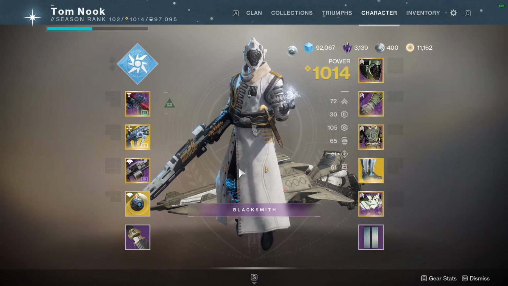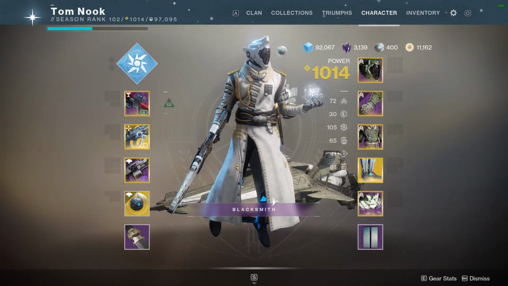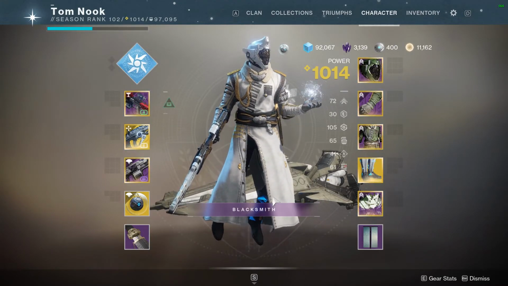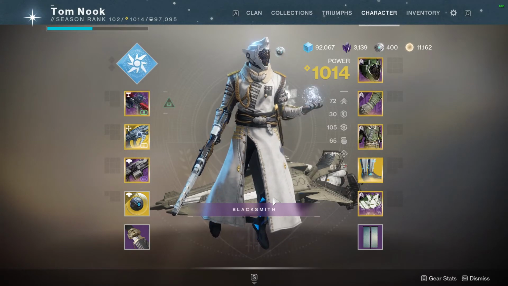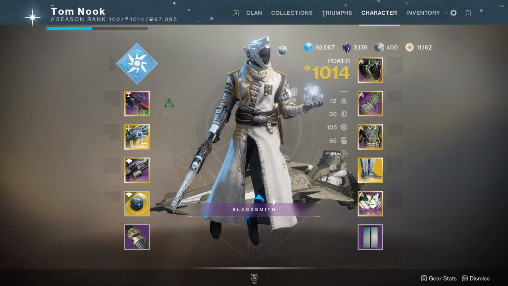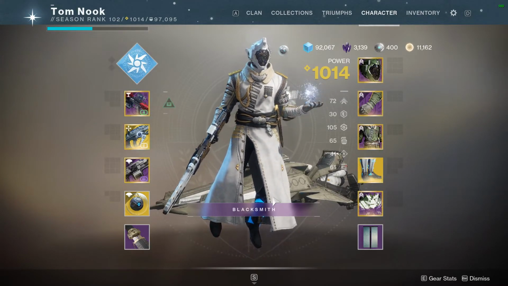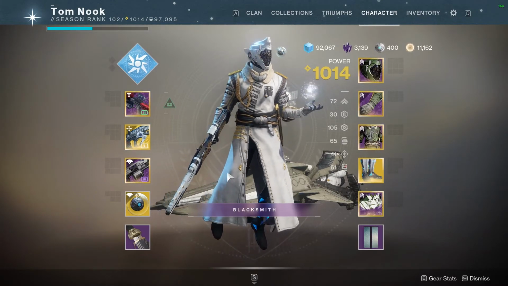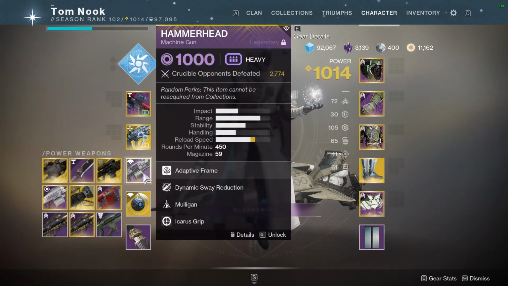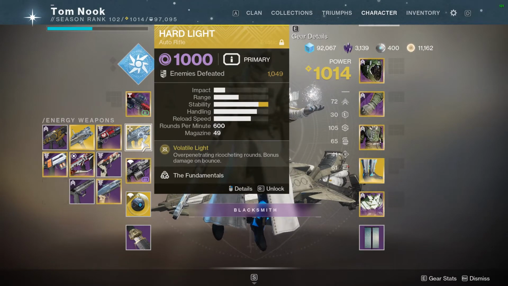And last but not least are fusions. I wouldn't say fusions are super meta right now. Maybe in past seasons they used to be a little bit better, but in this season I haven't seen a lot of people using fusions. Shotguns and auto rifles are definitely very meta right now. They're taking up most of the space for weapon kits, so you're probably not going to be seeing a lot of fusions. I don't think I even have a fusion on me currently,